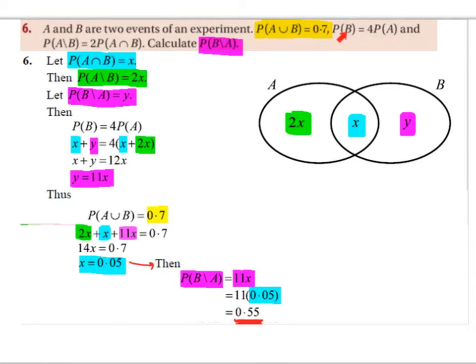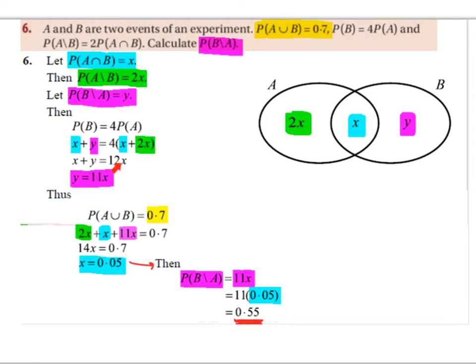So the question said the probability of B is equal to 4 times the probability of A. The probability of B, so everything that's inside of set B, so you've got X and Y, so we're going to add them together. And then 4 times the probability of A, so everything inside of set A, we've got 2X and 1X, and we've got a 4 in front, so it's 4 multiplied by X plus 2X. X plus 2X is 3X, and 4 times